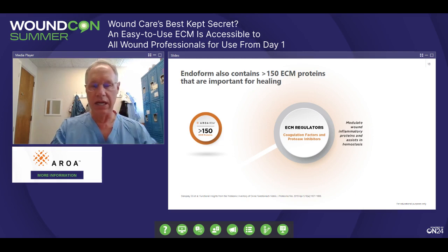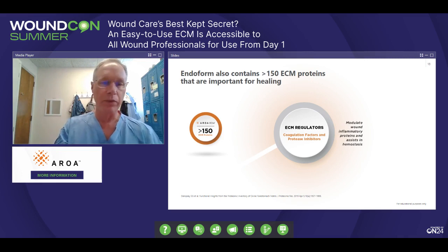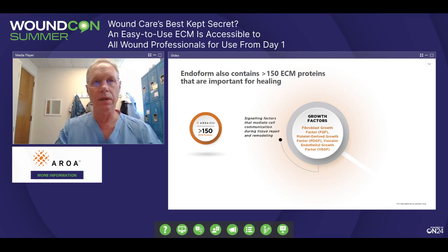Obviously, we can take patients that are on any anticoagulant, whether it's a DOAC or whether it's Coumadin. We're always going to do some form of selective debridement when we're putting these on. But I have found that in the operating room as well as in clinic, this helps in terms of hemostasis, has been very facilitatory in that fashion. When we look at growth factors, fibroblast